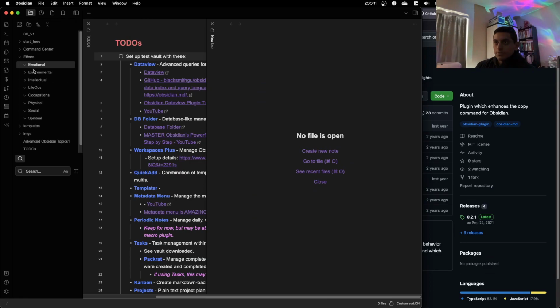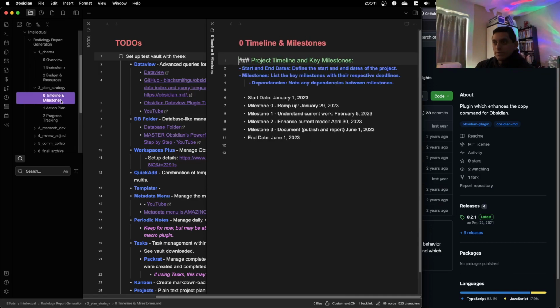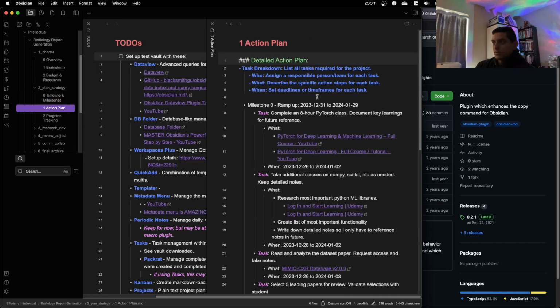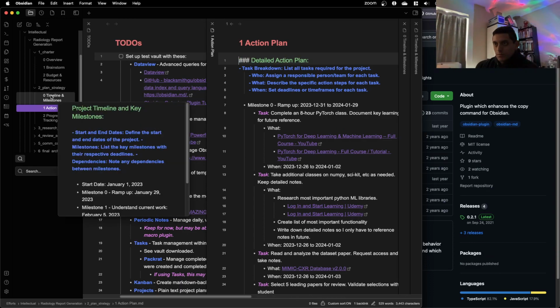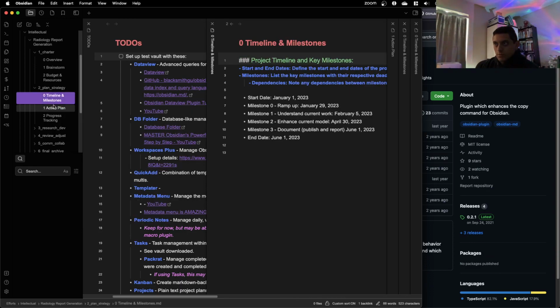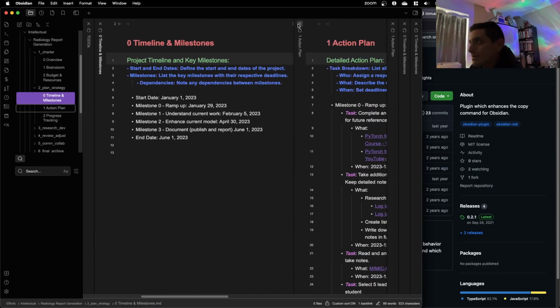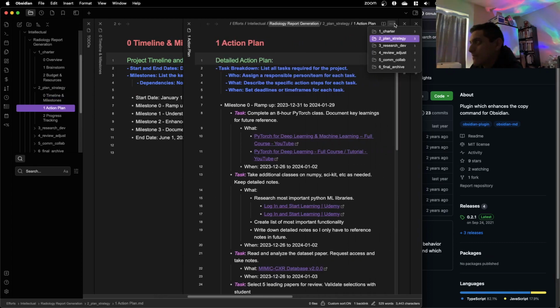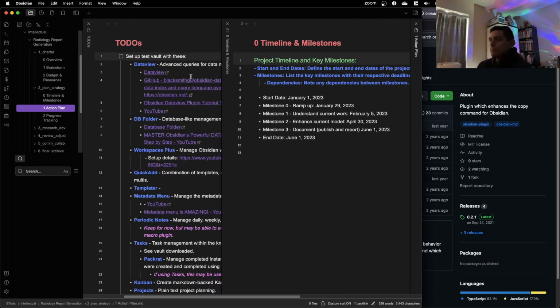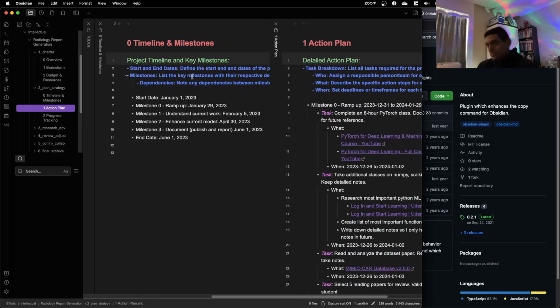And then the other one was effort, environmental, report generation, timeline, action plan. Oh, duh. Okay. So how do we want this to show up?